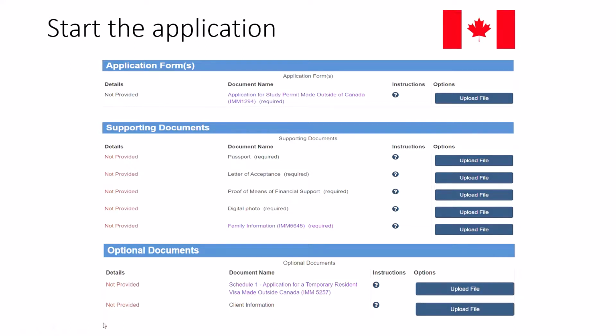Neither did it ask me to upload my last highest degree or transcripts or semester mark sheets. So I did not upload them while filing my application, but once my biometric was done, once I got the call for biometric, I was asked to submit those documents. I was asked to submit my IELTS scorecard. Then again a query came in where I was asked to submit my degree and mark sheet.